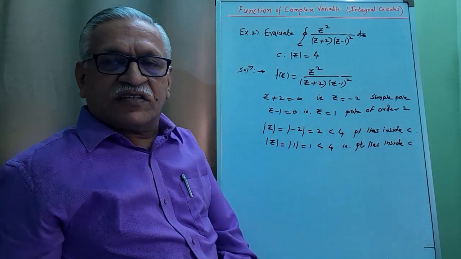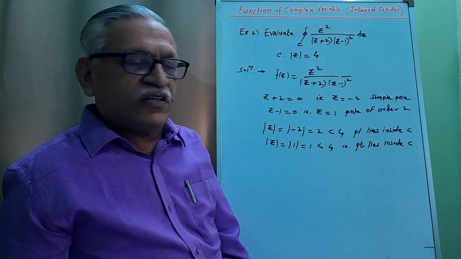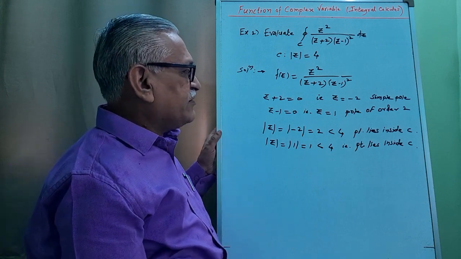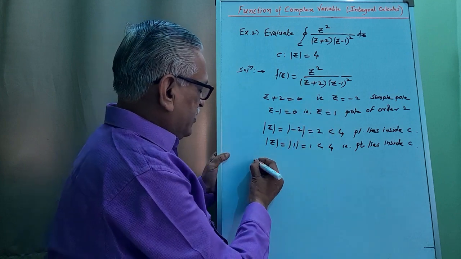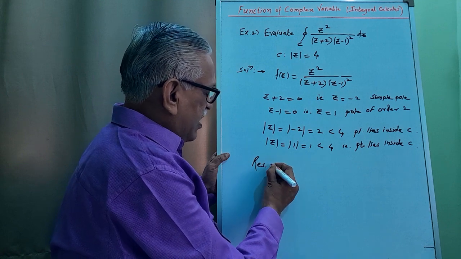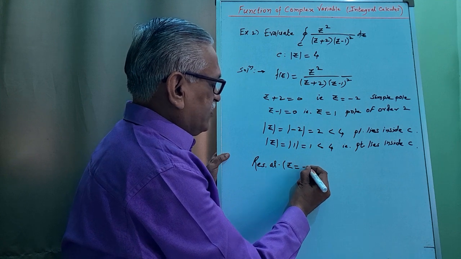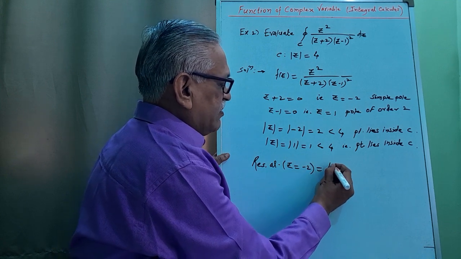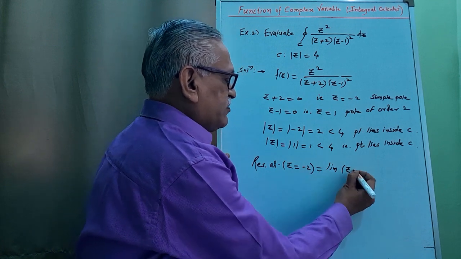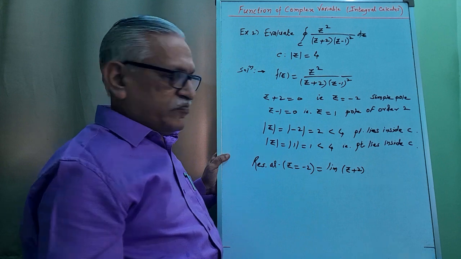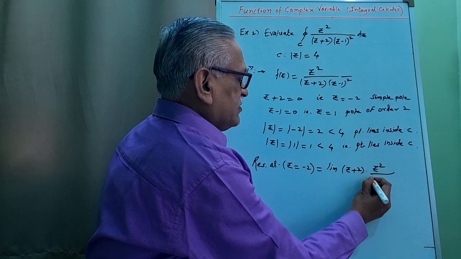See, this is the second step. First step, get the poles. Second step, check whether each lies inside, on the curve, or outside the curve. And then try to find out the residue. The first one is a simple pole, and therefore the residue at the simple pole z is equals to minus 2 is given by limit of z minus a, minus of minus becomes plus, therefore it is z plus 2 into f of z. f of z is z square divided by z plus 2